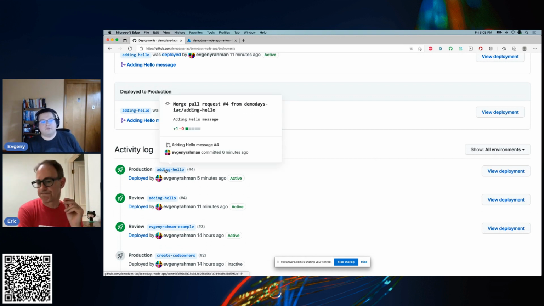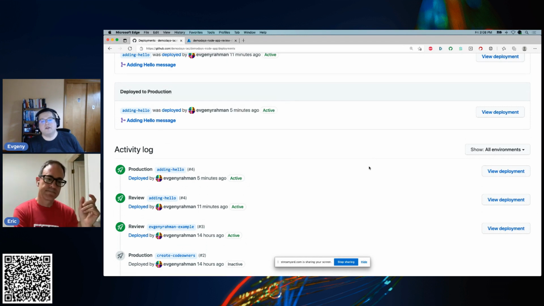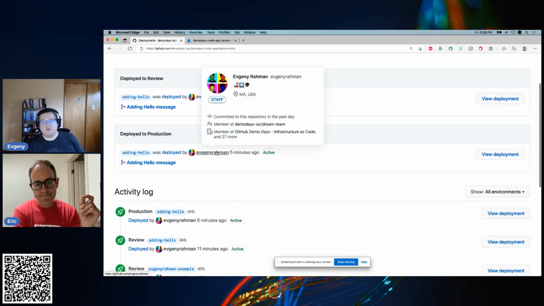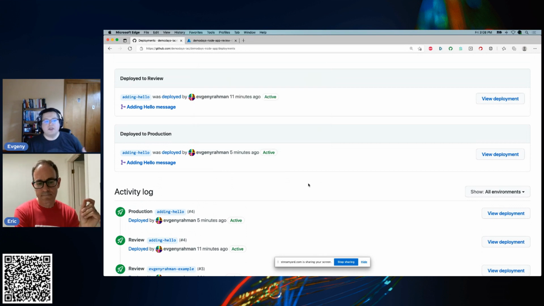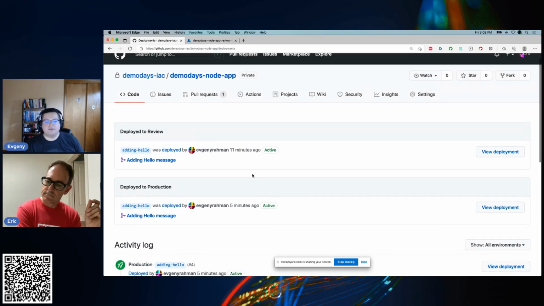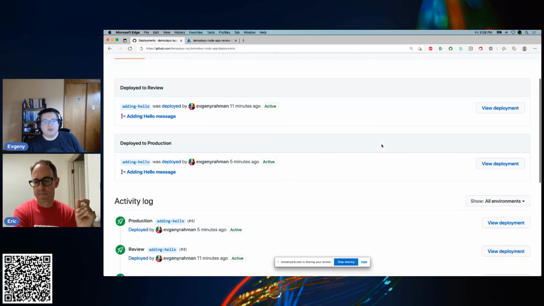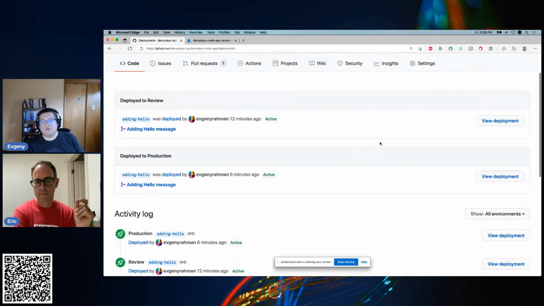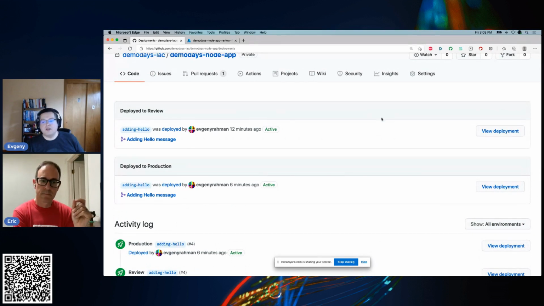We can navigate around between these things because these are all GitHub concepts, right? GitHub models. So for example, this one is the pull request, right? A pull request is 1 to n number of commits, right? So we can navigate those commits, see where they were introduced into another branch. We can also check out the repository and look at that locally on the command line. There's different ways we can reconstruct the graph there. But if we want to stick to the UI, we have this deployments view, we have the pull request view, we have the actions workflow view. They all in unison say the same thing. They're different views into the data, right?